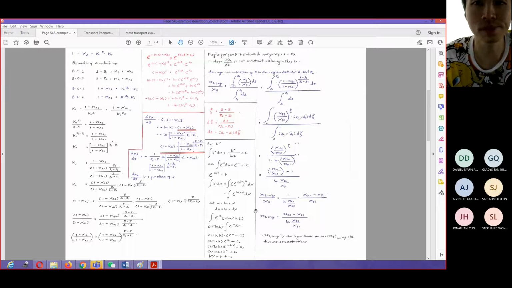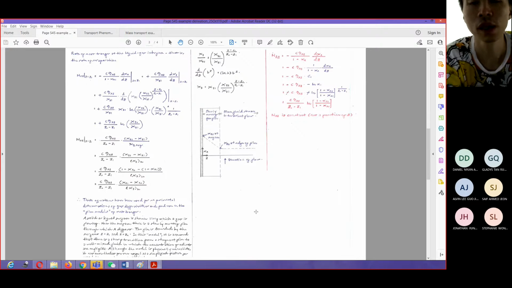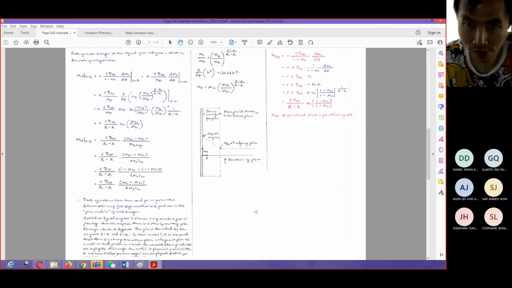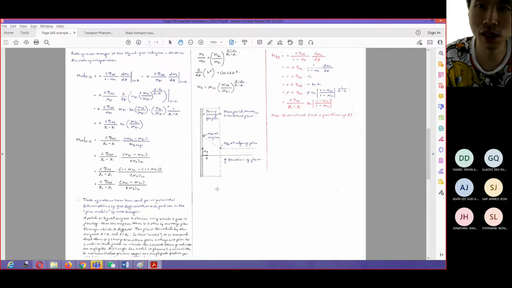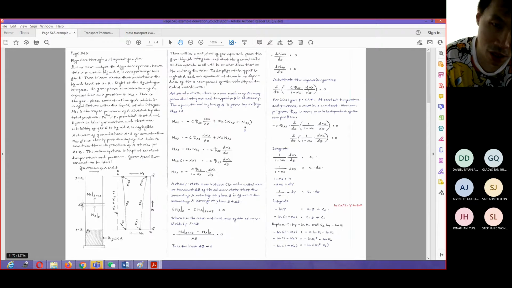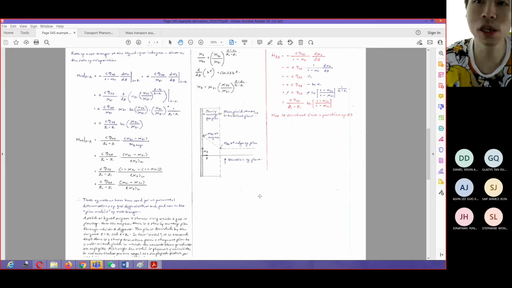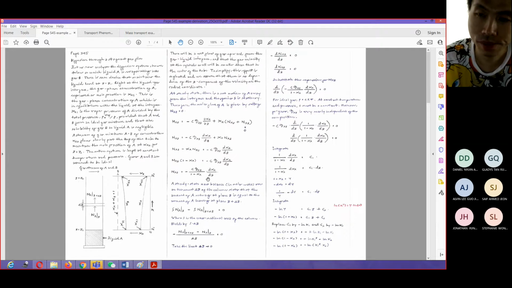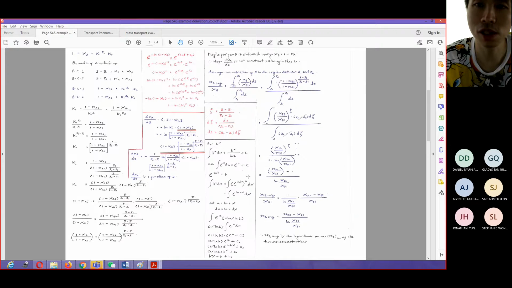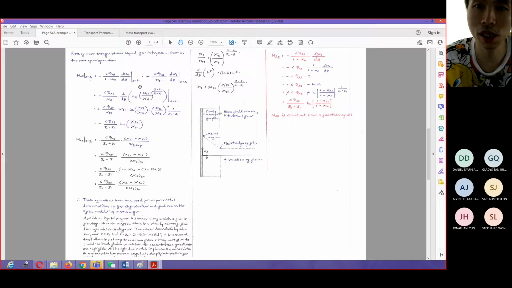Now, the other quantity that we can find in here is the rate of the mass transfer at the liquid-gas interface. So we want to find the rate of the mass transfer at this particular position. So what is that? That will be equal to the NAZ at Z equal Z1. So we go back again in here. Now we already have the expressions for that term in here.